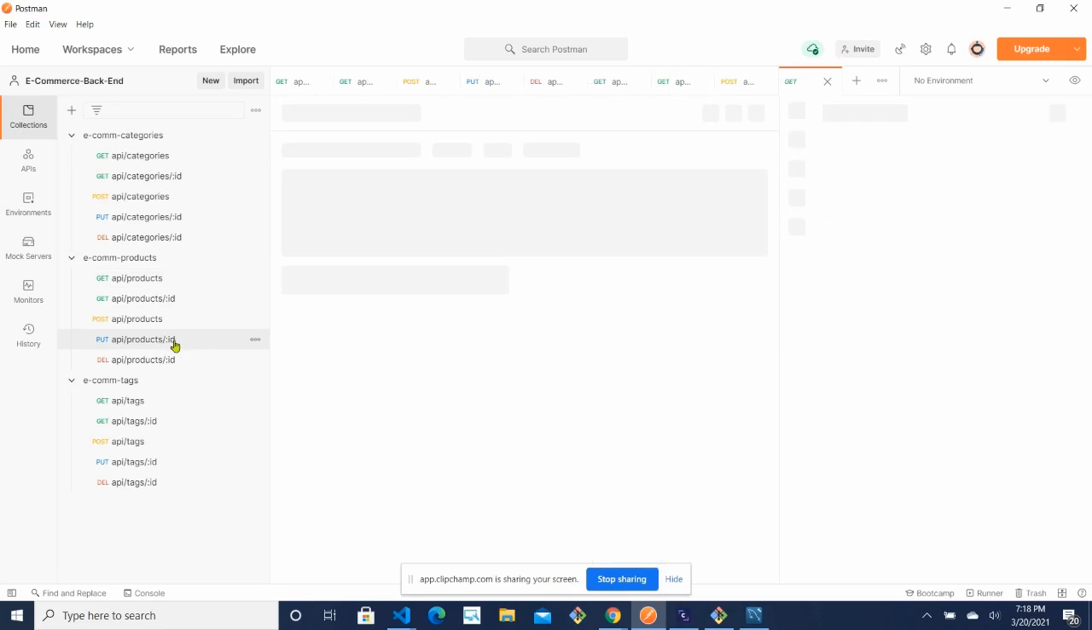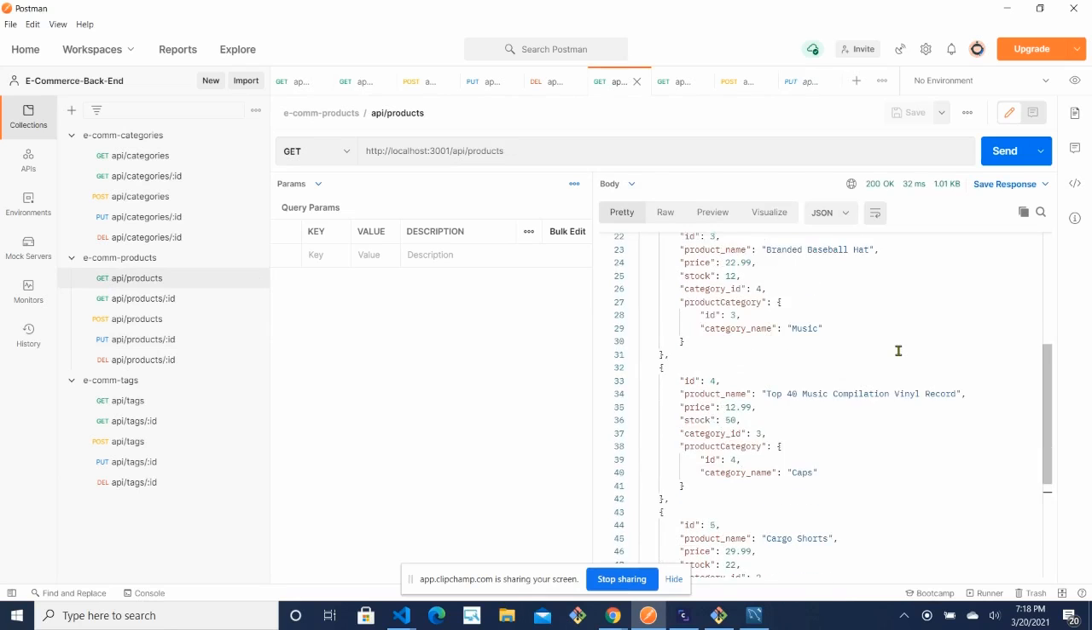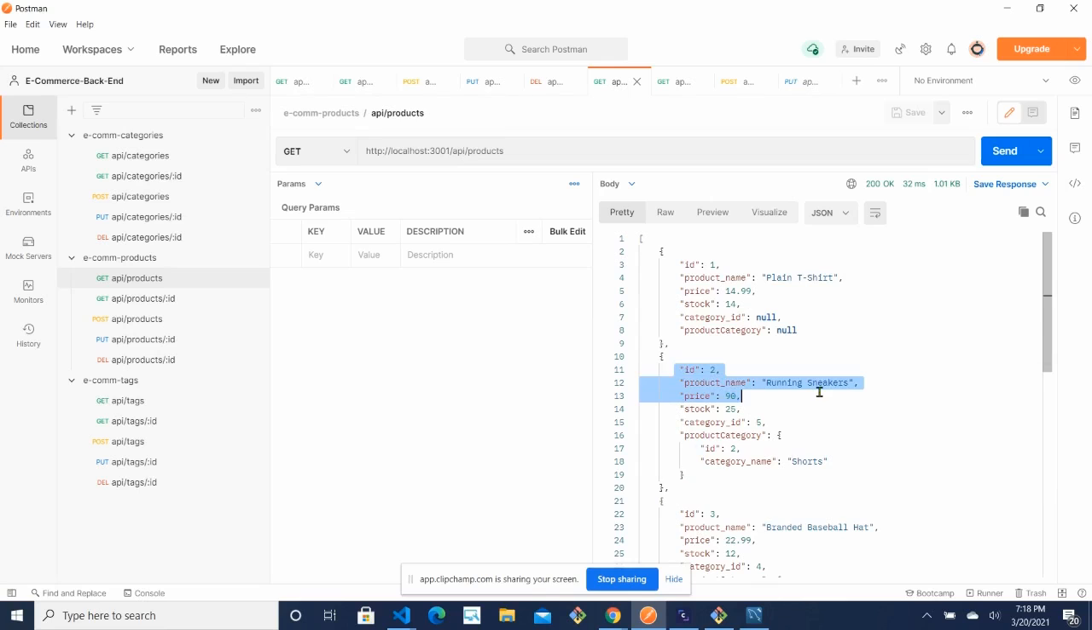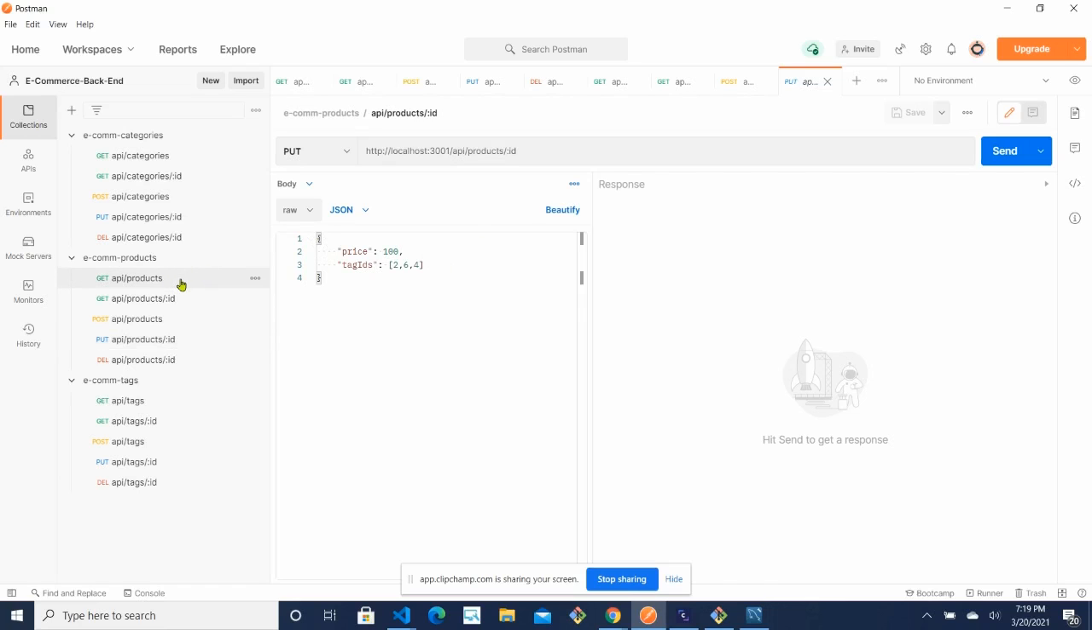Next, we have the put. We are trying to change our data for the product with ID 2. If we go and see what we have in ID 2 for the product, it is running sneakers, price is 90, stock 25. We will try and change the price. You can change any of them, but here we are changing the price. We'll go to the body of the request, and here we have put the price as 100, and we have put the tags also in here,